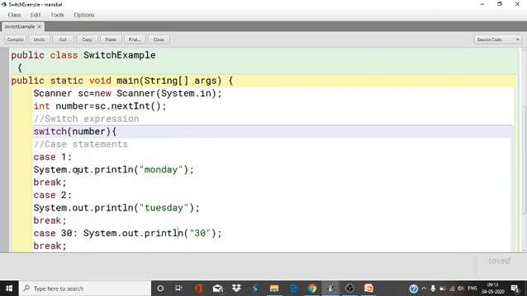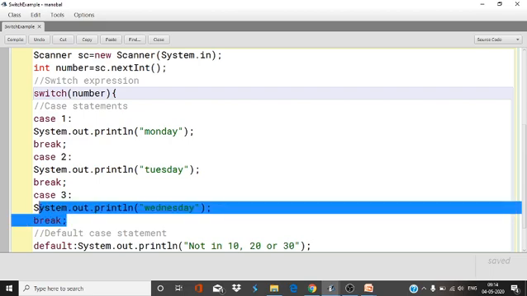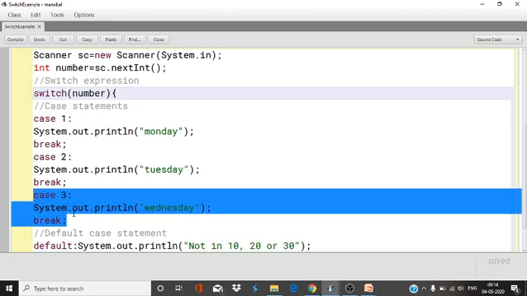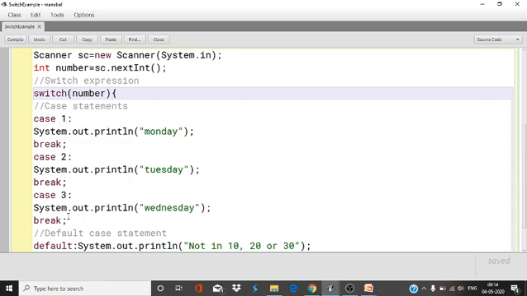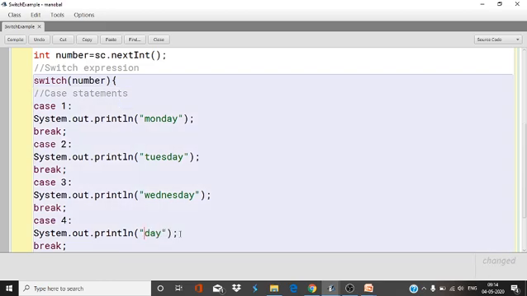If it is 3, the program will print Wednesday. If it is 4, it should be Thursday.